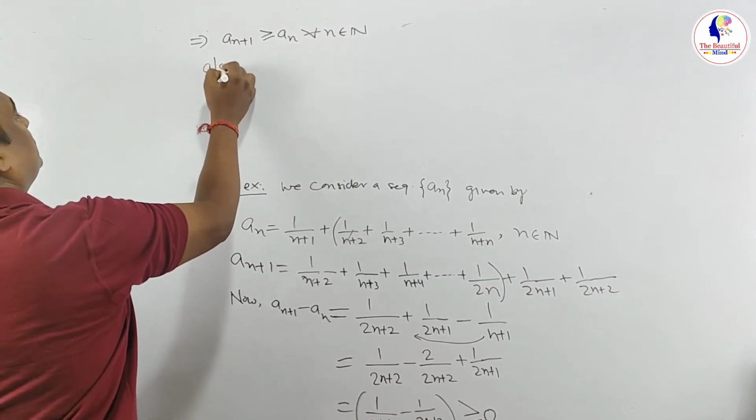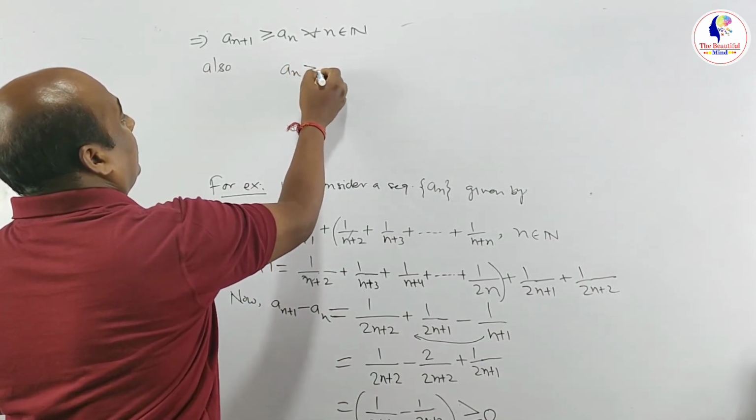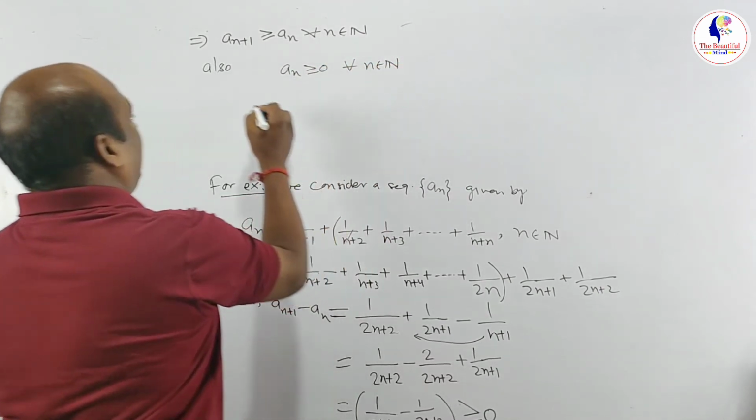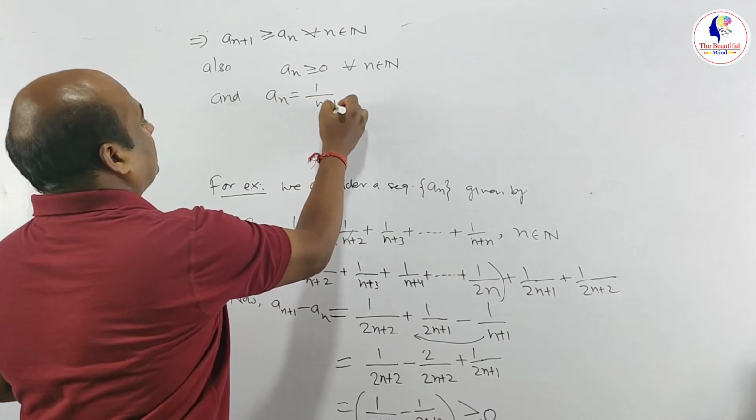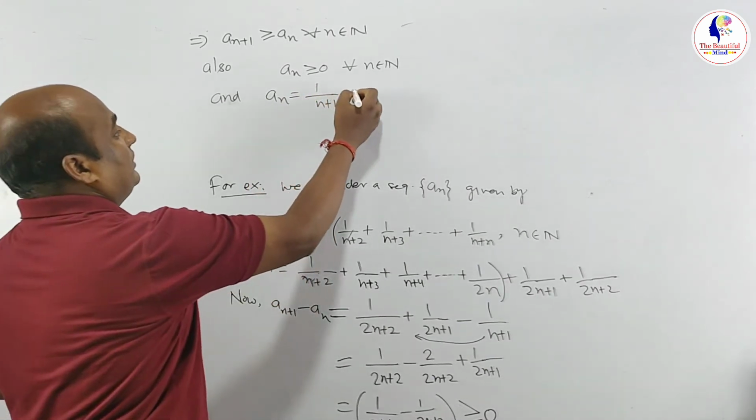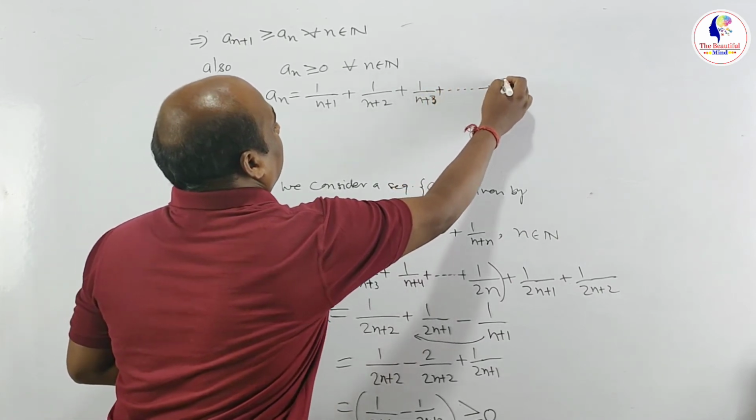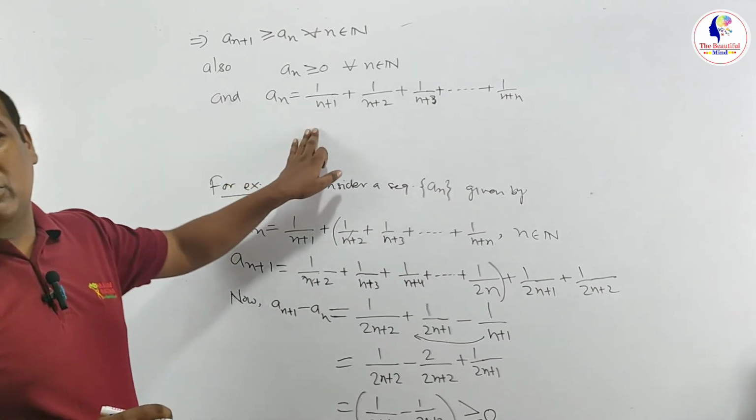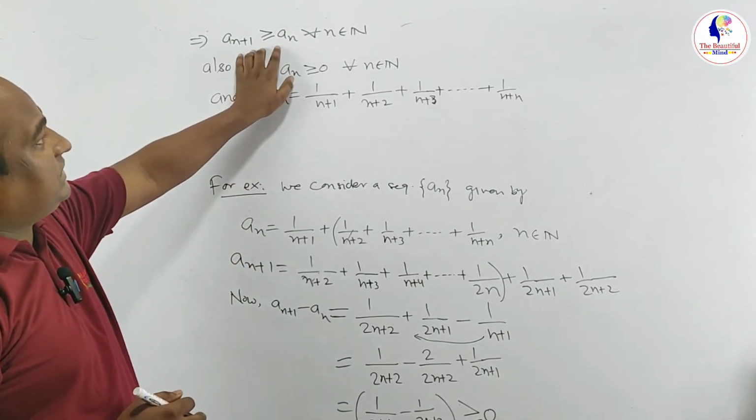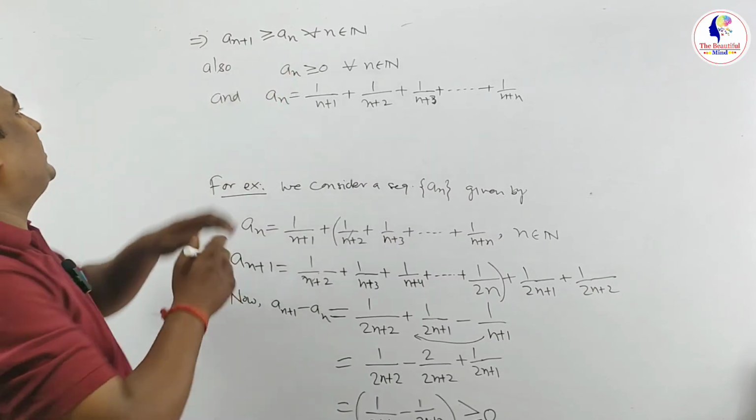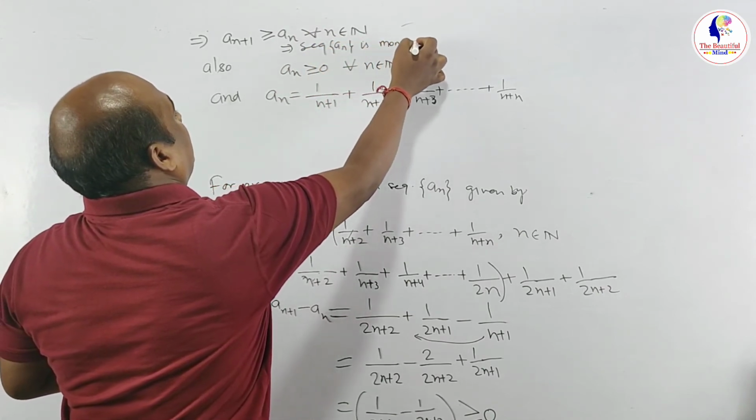Also we have a(n) is greater than or equal to 0 for all n belongs to the set of natural numbers, and a(n) is equal to 1/(n+1) + 1/(n+2) + 1/(n+3) + ... + 1/(n+n). This term is very crucial here, a very important step. So here we will have to use a little approximation, because we have to show this. We have shown one thing, one part of the monotone convergence theorem is complete: what kind of sequence is this? It is a monotonic sequence. This implies that sequence a(n) is monotonic increasing,